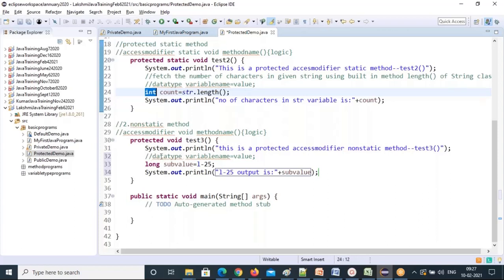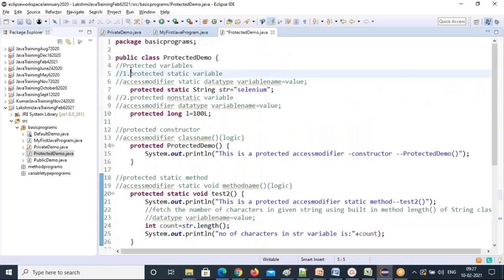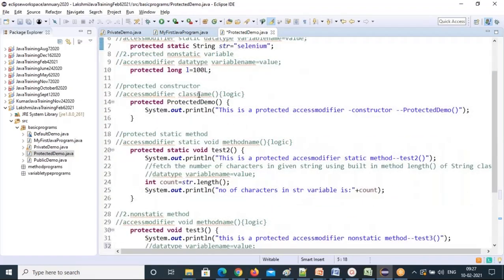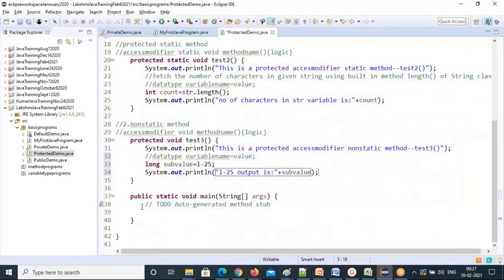Local variables should not use an access modifier, but you can use one for static variables and non-static variables. Is it clear, madam? Any doubts?